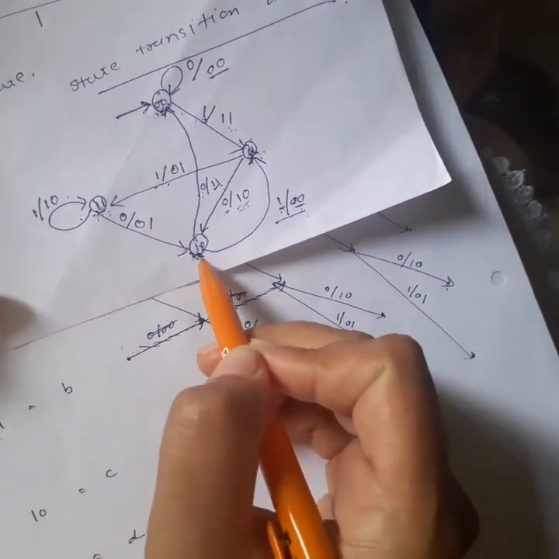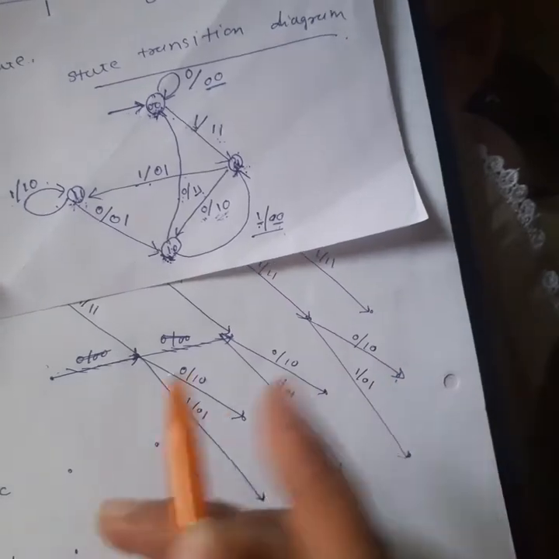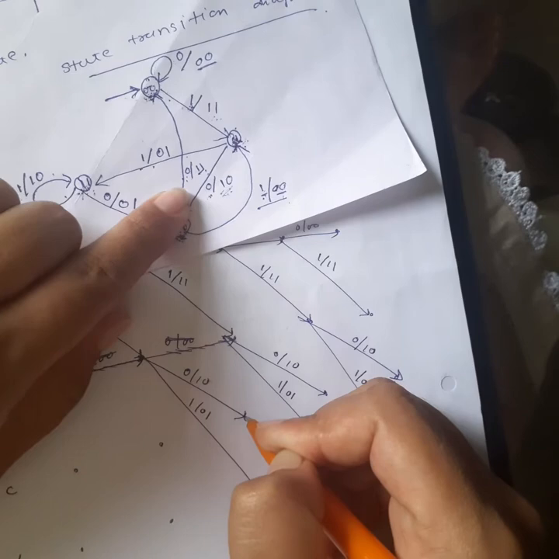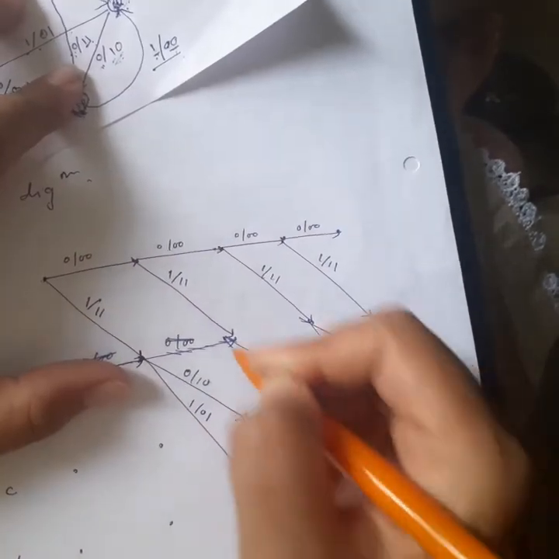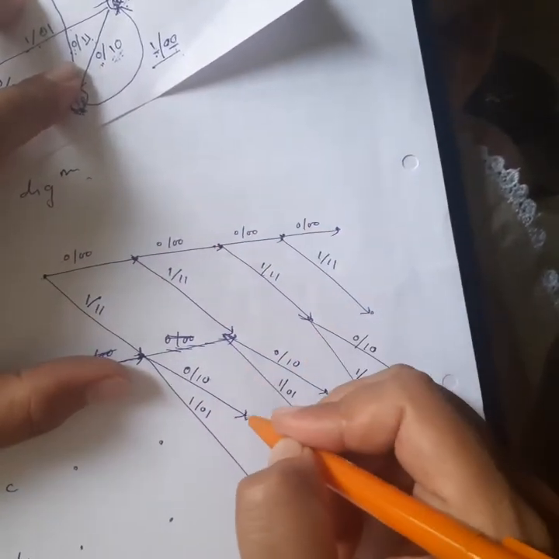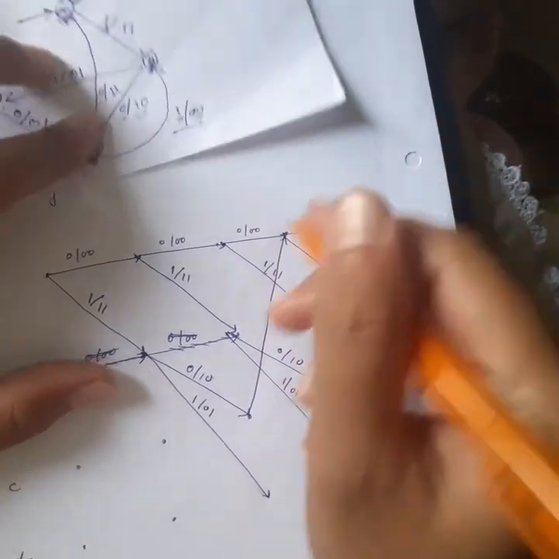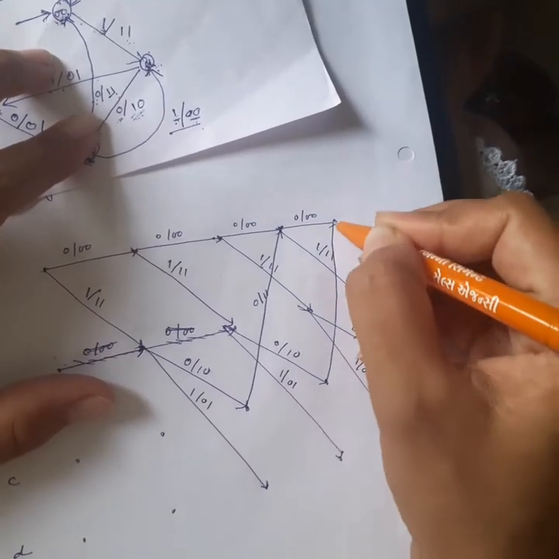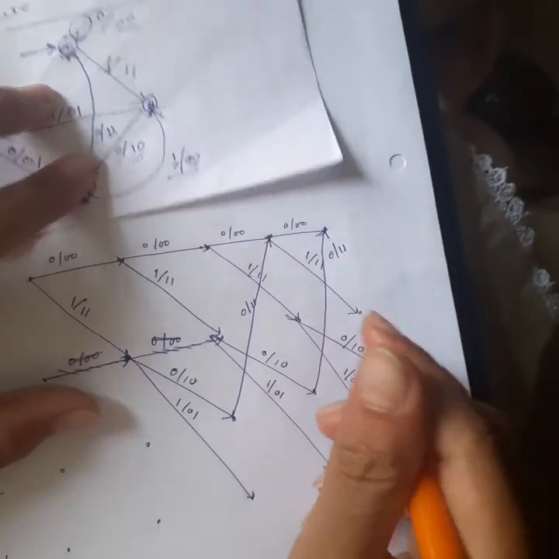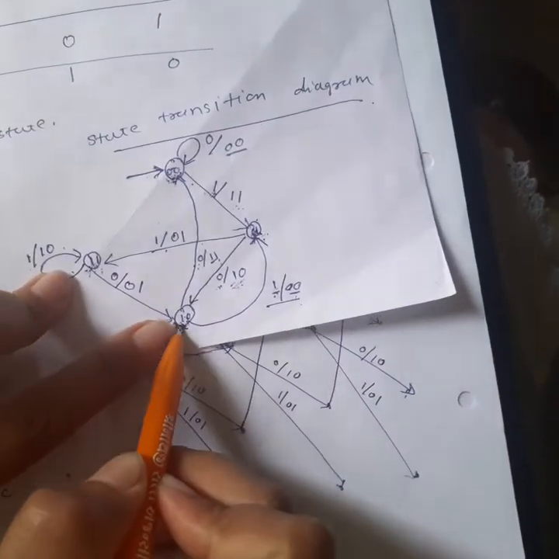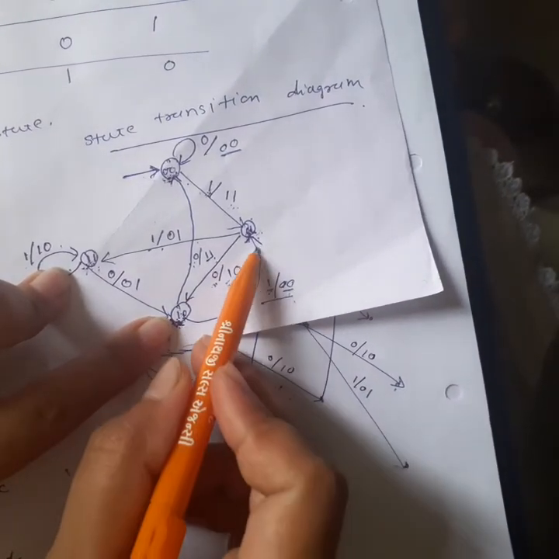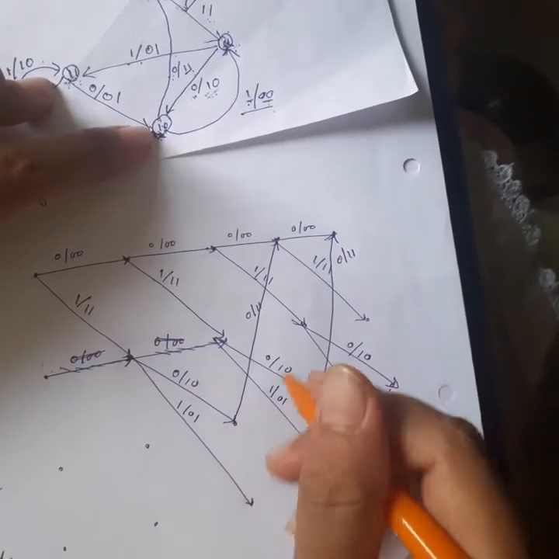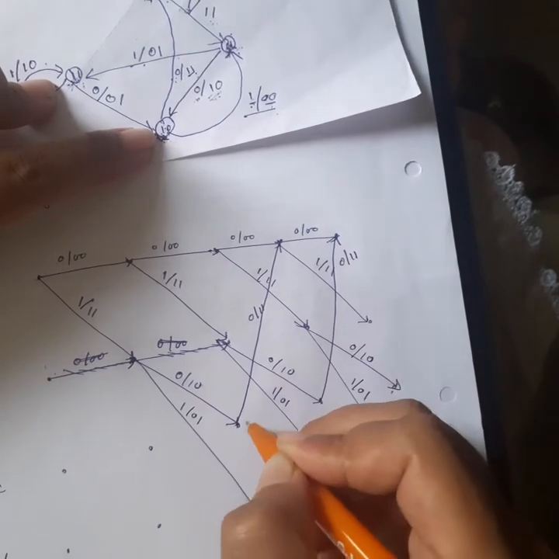From 1 0, if the input is 0, then it will go to the 0 0 state. So it is layer number 3, so I will not connect them, I will connect 3 with 4. So I consider it here 0 1 1. Same over here, 0 1 1, right? Then for 1 0, what if the input is 1? If the input is 1, it will go to 0 1, right? So it will go to 0 1.